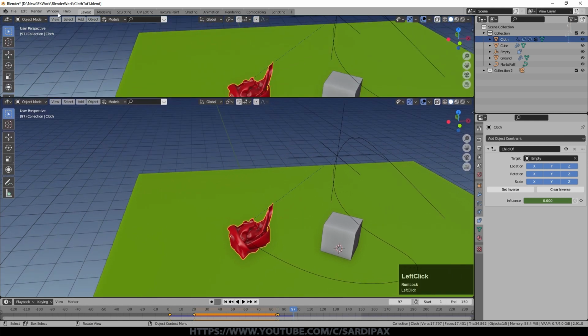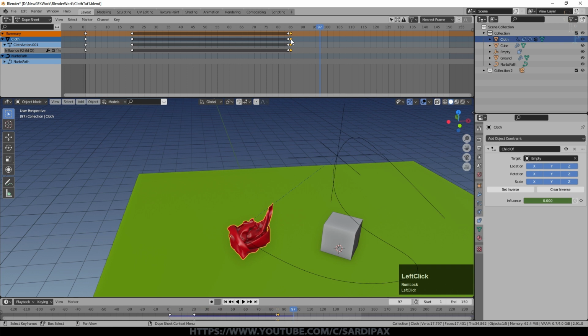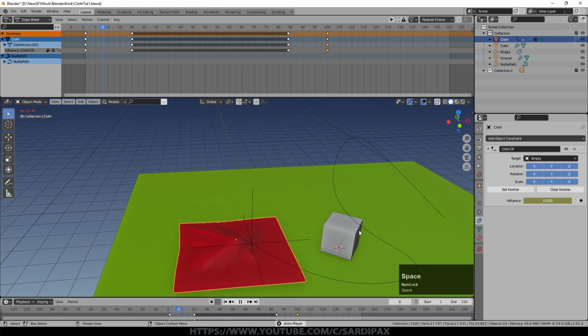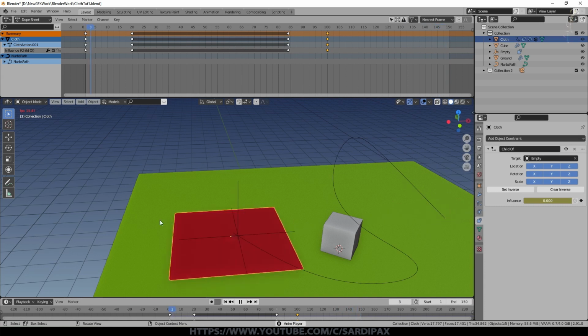Which is why it's not always a good idea to do things very quickly. So if I wanted to just make that smoother, I would just go to the dope sheet, just select that column of keyframes, and just move them to the right, perhaps up to frame 100. So now, rather than it being a sudden change of influence, it will be a more gradual one, which gives the cloth simulation time to catch up, as you can see. You can see the empty still going over there and the cloth has come away.